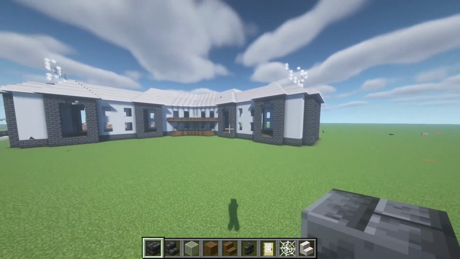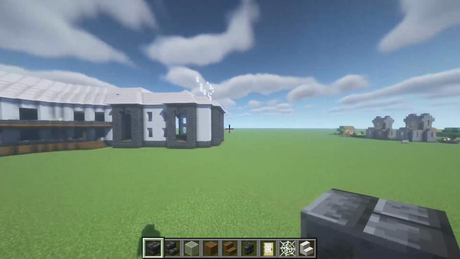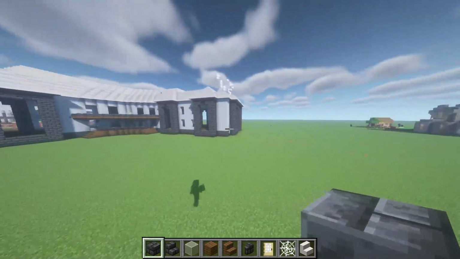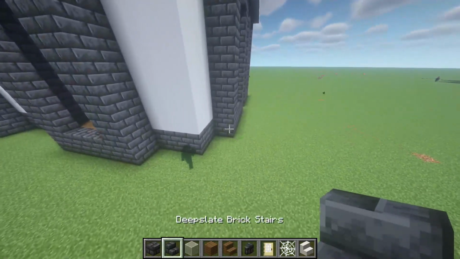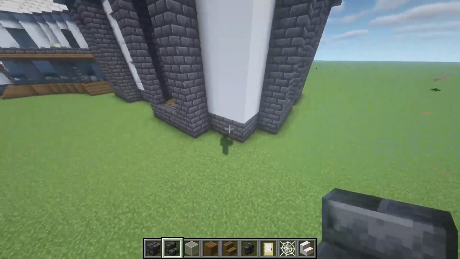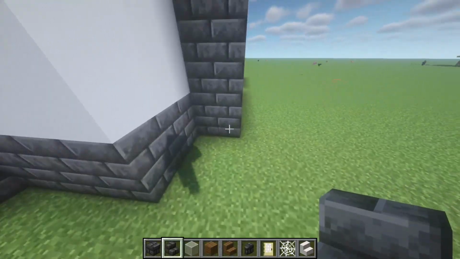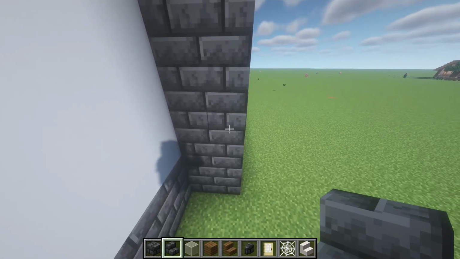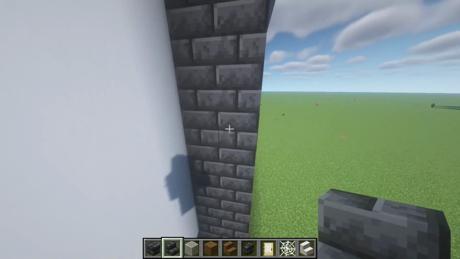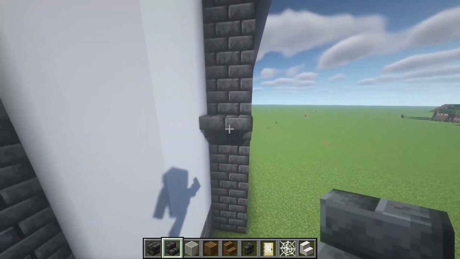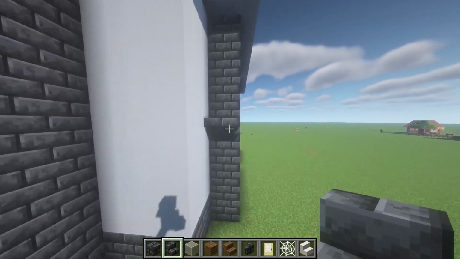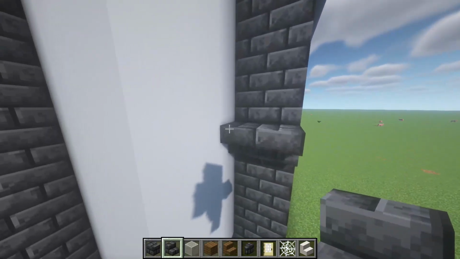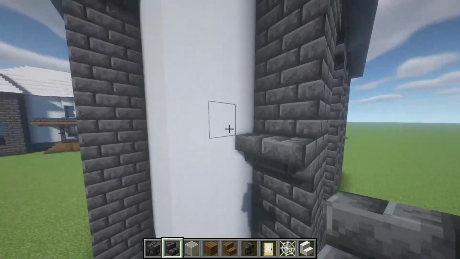Now this bit's going to be personal preference. You can either have the garage on the right or left side of your build. But to get started, we're going to use the same block that we used for the window frames and base. And we're going to count 1, 2, 3, 4, 5, 6, and on the 7th block, we're going to add 2 upside down stairs. And counting from the closest to the wall, 1, 2, and we're going to go 19